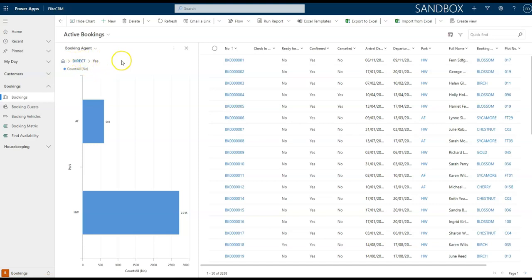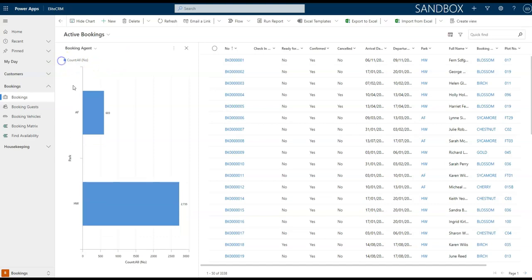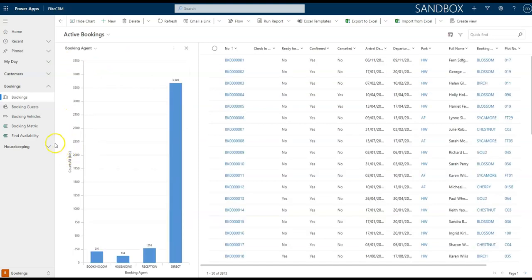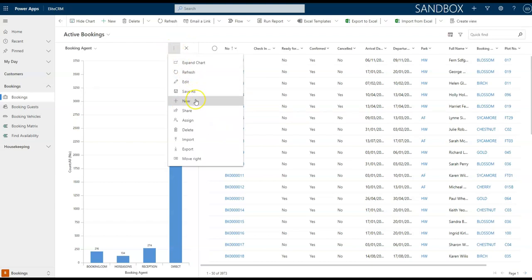So it will show you the path of where you've drilled down. And again, I can keep going further and further until I get to the granular level detail that I'm looking for on my particular bookings. To go back to the start at any point, just hit the home button and I will then go back to my original chart. So as an example, we're going to build a basic chart to look at my bookings by revenue. So if I just click on my three dots and click on new,